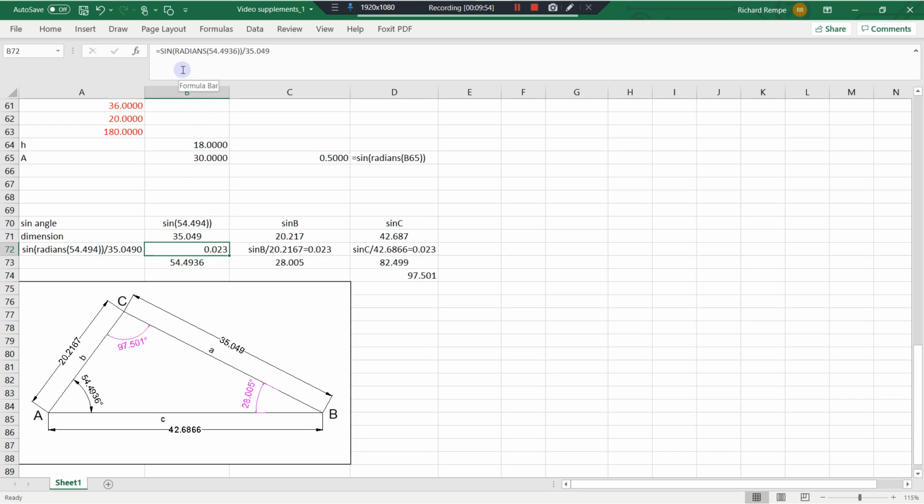And then the way I did, and we've been through this already, to find the sine of an angle in Excel, you need to type it in just like this. Sine, open, radians, open, put your angle there, and then close will get you the sine of 54.49 degrees. So that divided by the distance, the measurement, and you end up with this. So we know that if that's the case,